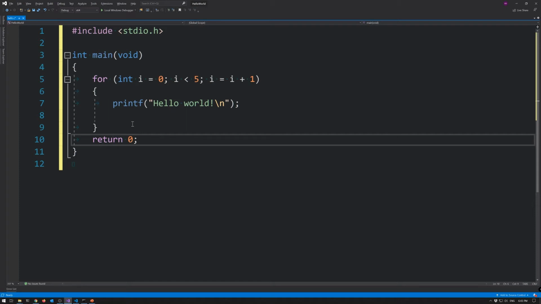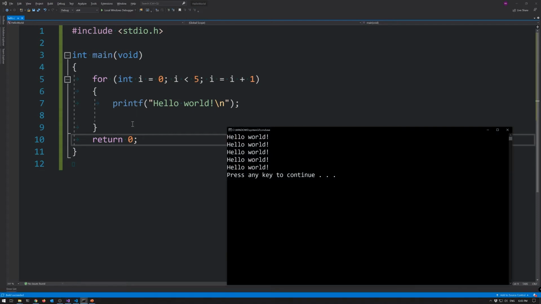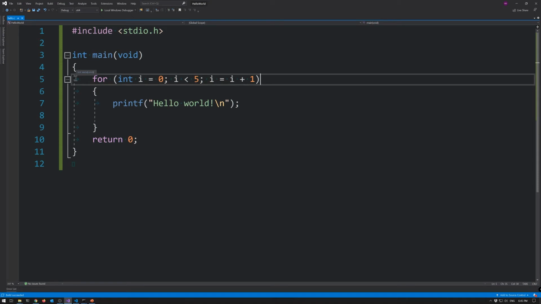If we compile and run, the code will return what we're looking for. So Control F5, and you can see that 5 hello worlds are printed on the screen. Now let's break this down a little bit. When the instruction pointer reaches this line of the code, first it will declare what is written in here,